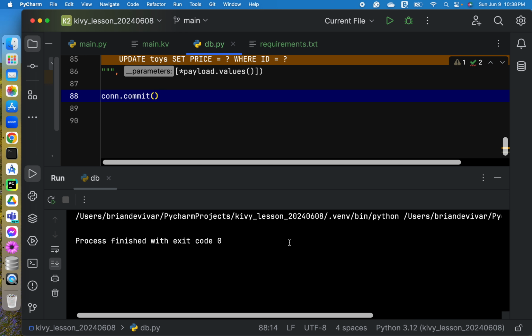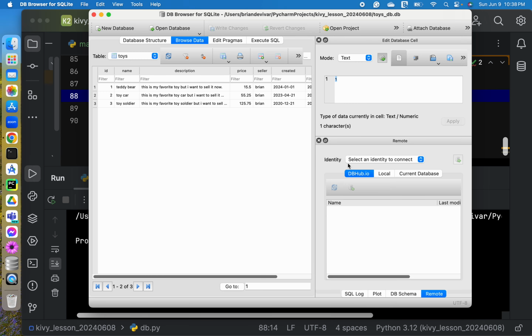Okay, no errors. Let's look at our record. So the original value is 125.75. Let's refresh. And there you have it. Our price has been updated.